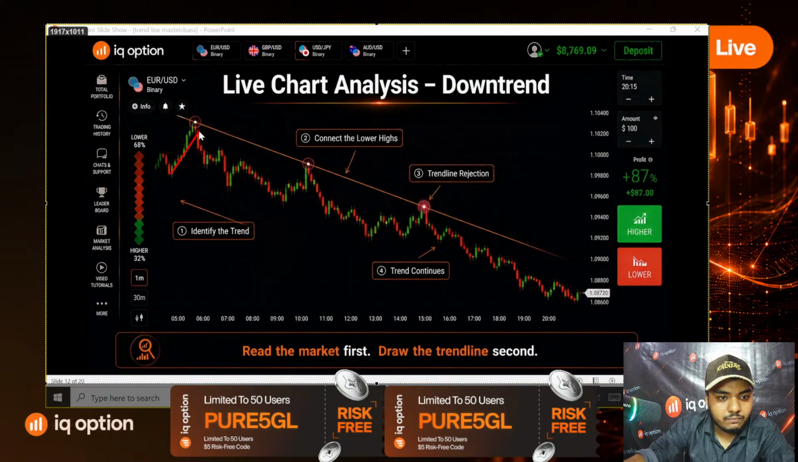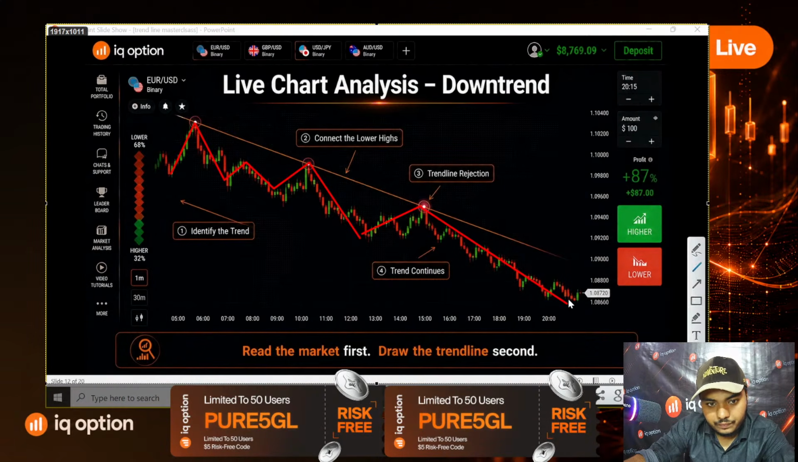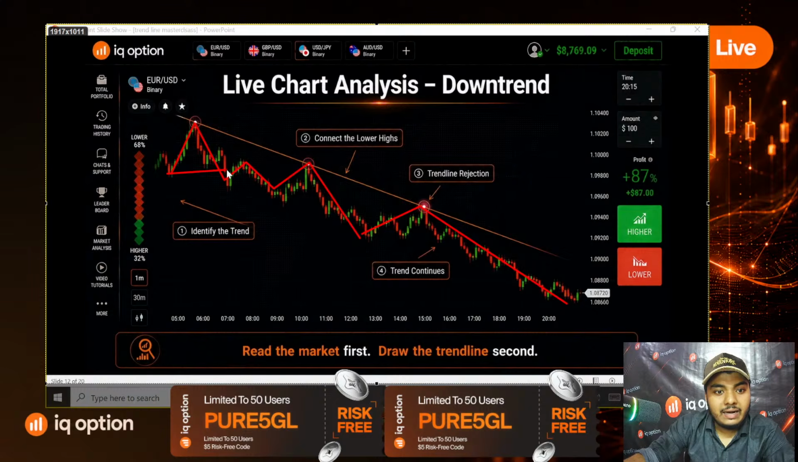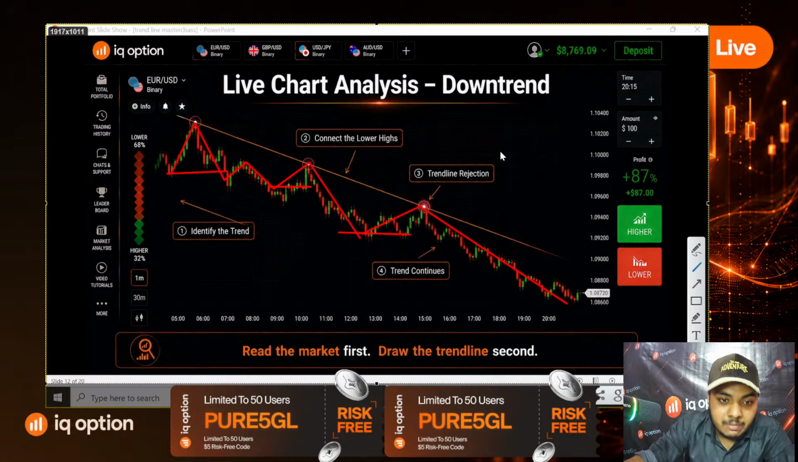Let's see. Market is push up, push down, push up, push down, push up, push down. The market is making lower highs and lower lows, breaking lower lows. That means the market is in a downtrend right now. The market is in the control of sellers. So our second thing is,